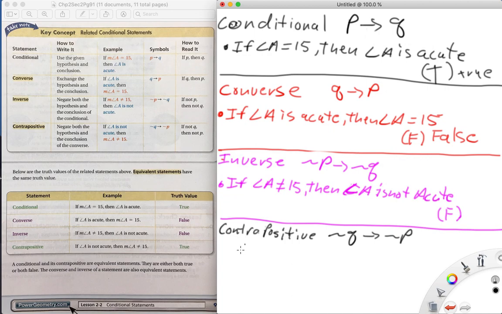So if we do that, for this one, we would say if A is not 15, then angle A is